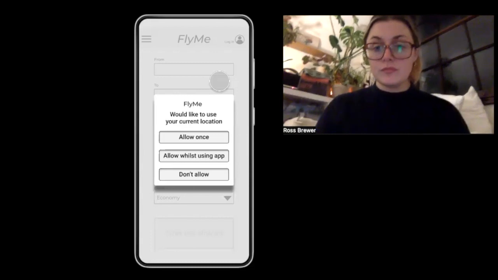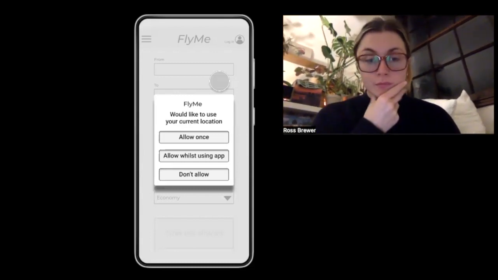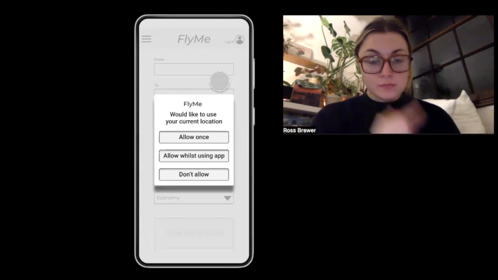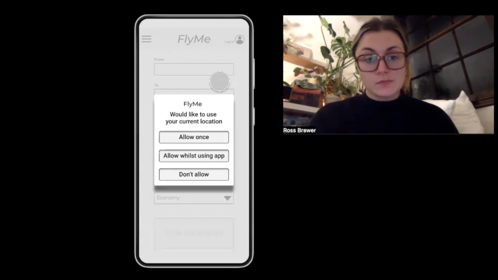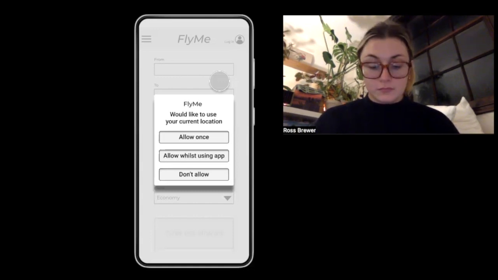But yeah, on the subject of that, a few things to keep in mind. We're not testing you, we're testing this prototype. So please be as open as possible. Anything you think is great, anything you don't think is so great, just let us know. If you've got any questions, let me know. But bear in mind, if it directly relates to the task you've been set, I may not be able to